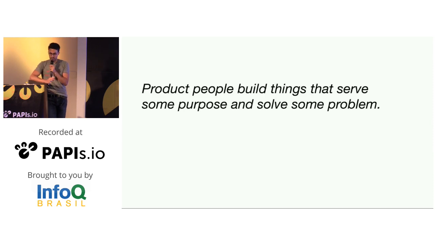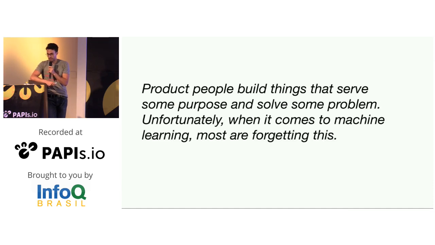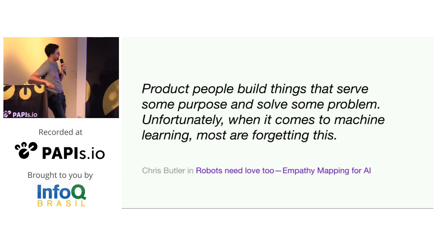I'd like to also leave you with a quote from an interesting article on using machine learning in real-world projects, where essentially the author was saying that product people should be focusing on solving real problems. But for some reason, when we think about machine learning, we forget about the engineering aspect, and we also forget about solving real problems that people have. So think about your end user of your predictive system. Think about what their pains and problems are before you do any implementation. And sorry, the author is Chris Butler.